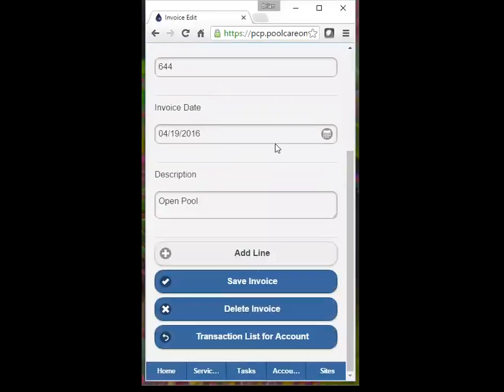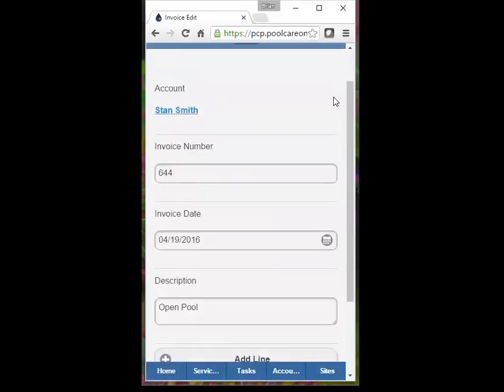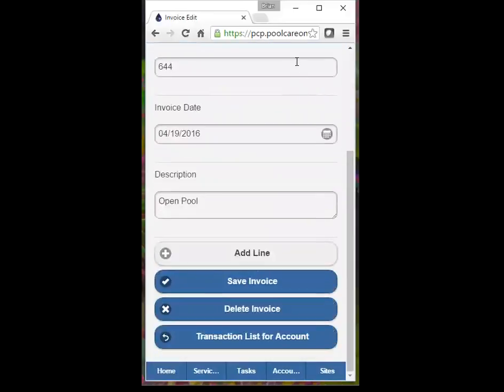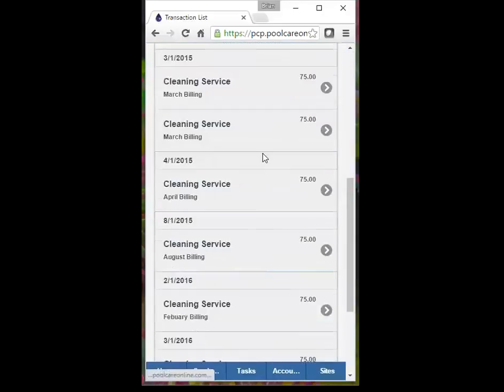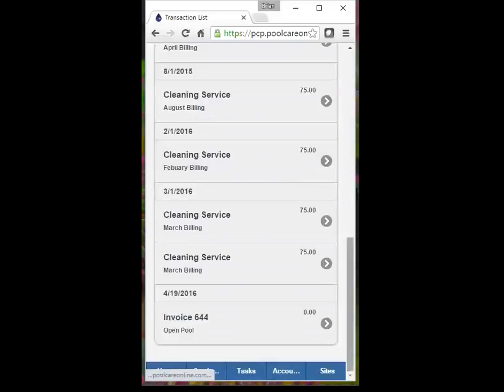This one has already been created for me because on that particular service, I automatically create an amount to charge on this open pool. And I can go ahead and save this invoice. And I've just created that invoice, and it just lets me know all the different invoices that are associated with this account. And if I want to, I can then take that invoice,